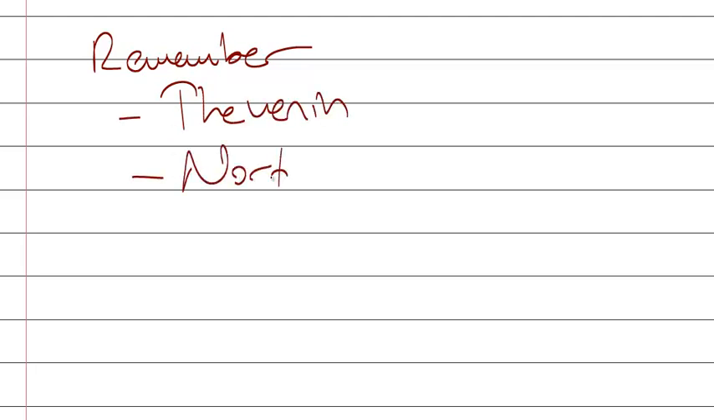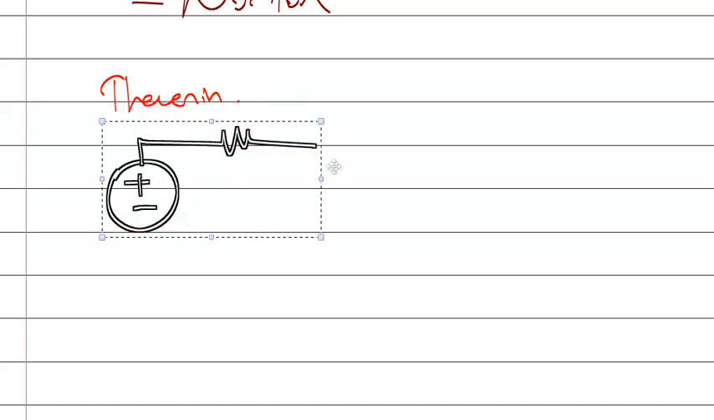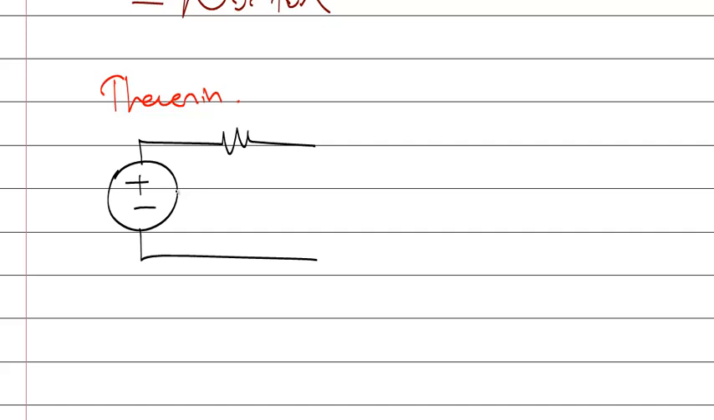Source transforms. First, let's remember the Thevenin and Norton. Remember Thevenin, you can draw a Thevenin equivalent for any circuit using one voltage source and one resistor,